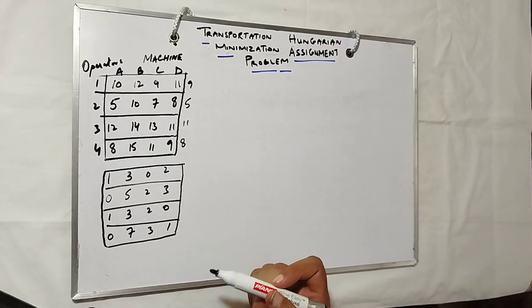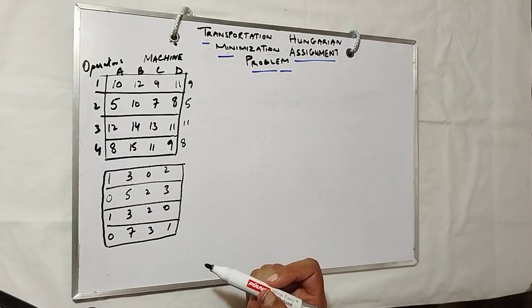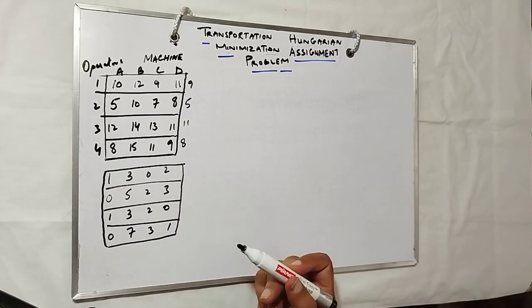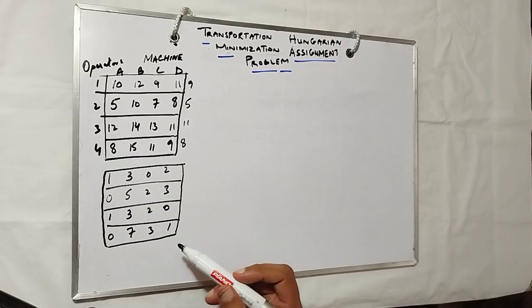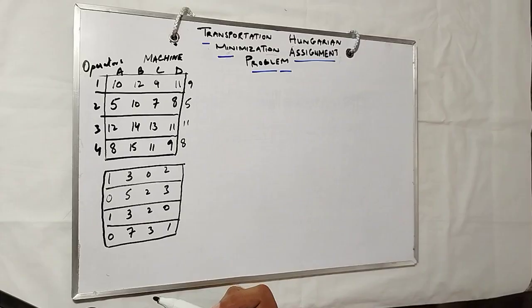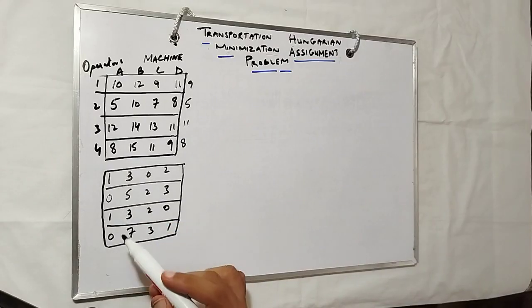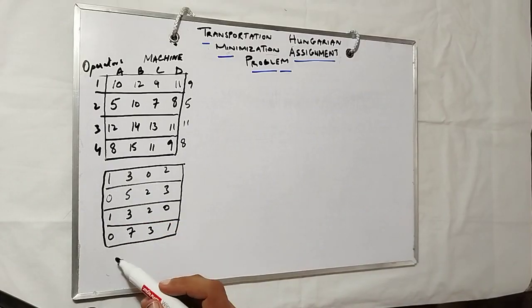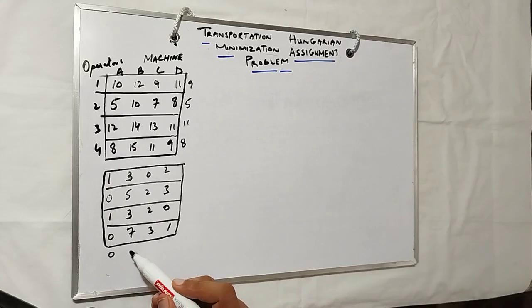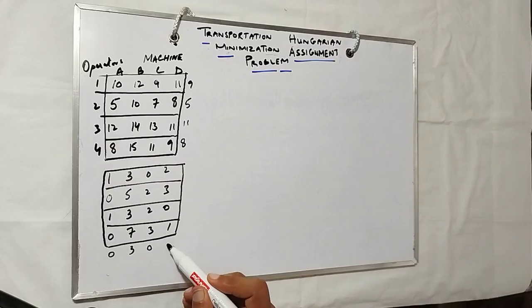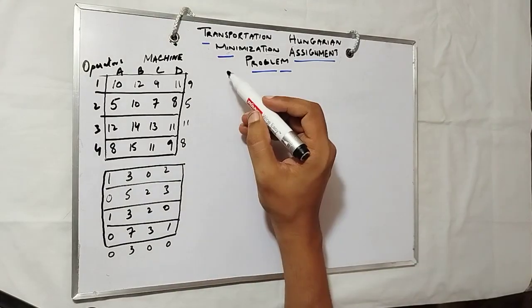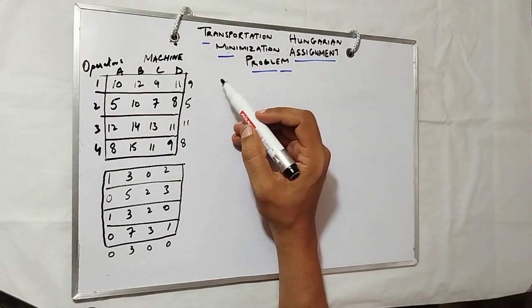So you see now after the row minimization we have this matrix. In that you see now we have to go for the second step, that is the column minimization. In that you see the least value is 0, the least value over here is 3, the least value in this is 0, the least value is. Now after this column minimization,